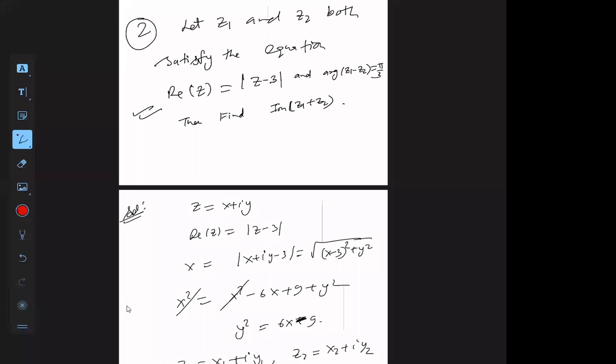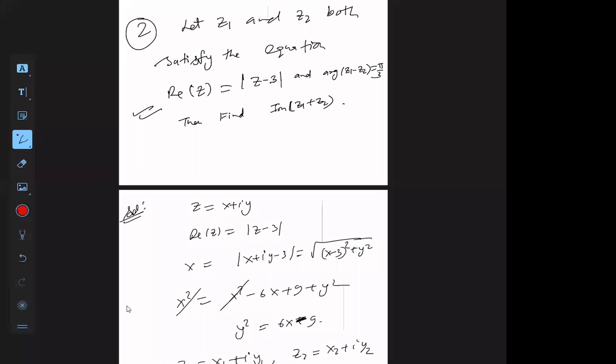Sometimes there is no interpretation, you just need to do calculation only. It depends on the question. If a question of this type comes, you just have to calculate only, you just have to do calculation. There is no significance here, there is no interpretation here. Real part of z is equal to modulus of z minus 3, you don't have to remember this interpretation of this equation, you just have to do the